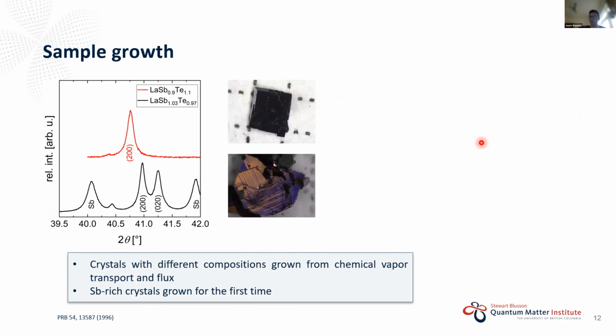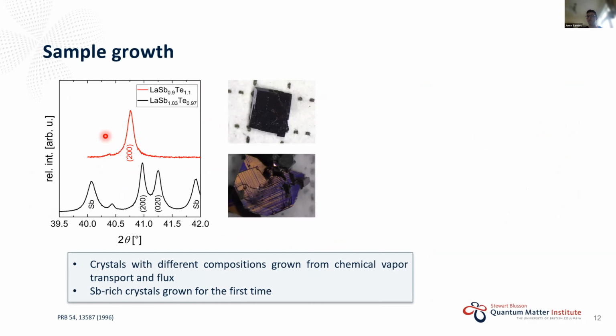So first we need to grow these materials. And it turns out that when we grow crystals from vapor transport, we usually obtain tellurium-doped crystals, for instance, with a doping of about 10%. And if we do a powder XRD measurement, we can see that there's one single 200 peak, and that really shows this phase is indeed tetragonal when we have this tellurium-rich